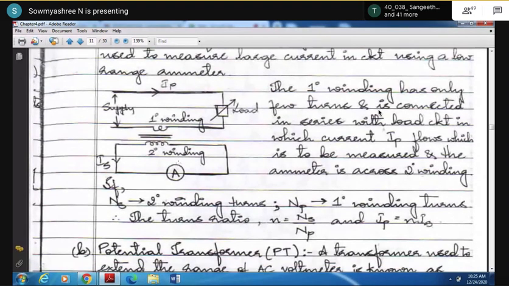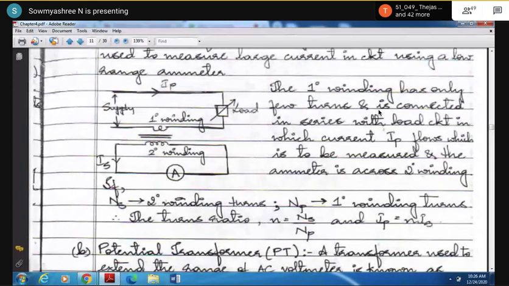We are going to study the turns ratio. As you all know, you have studied the turns ratio in the first year. Do you remember the transformer chapter? The turns ratio is denoted by small n, which is the ratio of the number of turns in the secondary winding by the number of turns in the primary winding, NS by NP.